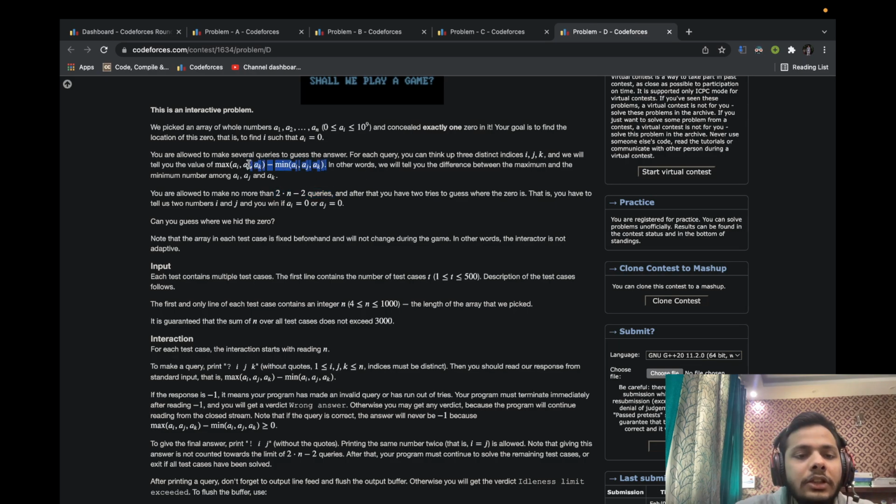And in response, the judge will provide me with the difference of the maximum element minus the minimum element out of all the 3 indices that I provided. So I will provide the judge with i, j, k, and it will provide me with the max of ai, aj, ak minus the min of ai, aj, ak. And using such queries, and using no more than 2n minus 2 queries, I have to output the position of